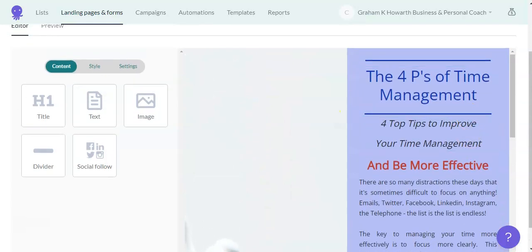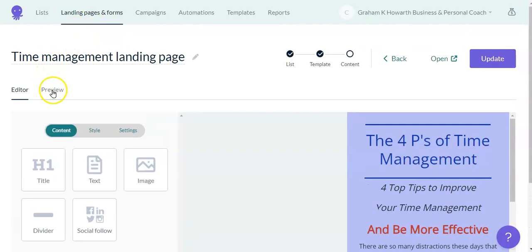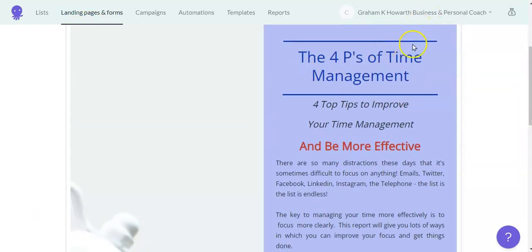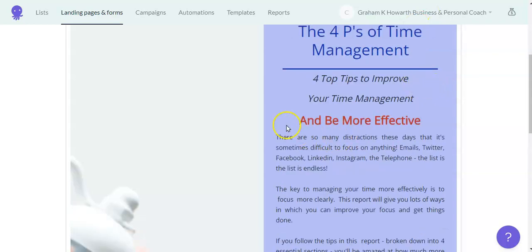So if we look at the preview now, you'll see that the heading is broken out a little bit. We've put that more effective change in there.